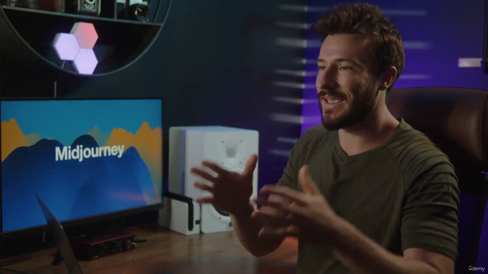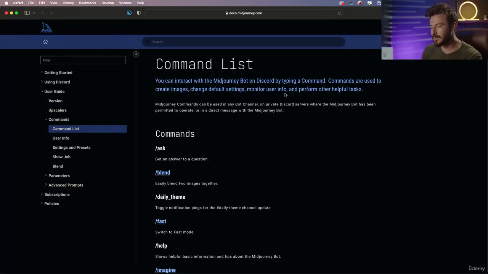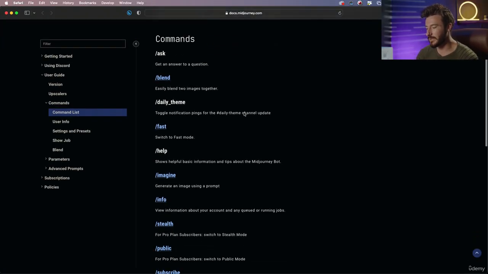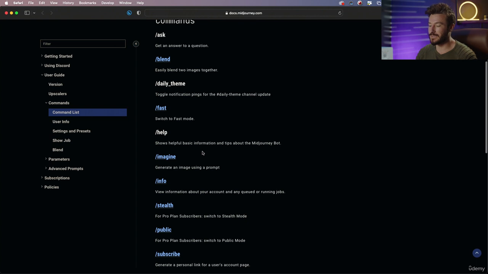Now, when you are engaging with the Midjourney bot through the Discord app, there's two ways that you're gonna talk to it. You're gonna talk to it with a command and with a prompt. Now, if we look at the command list, this is what I was mentioning about typing in /imagine. This is gonna basically tell Midjourney that what you're typing out after this is going to be a prompt to